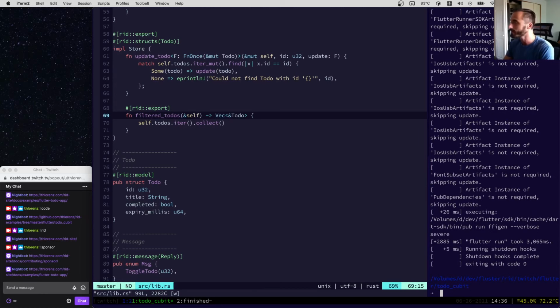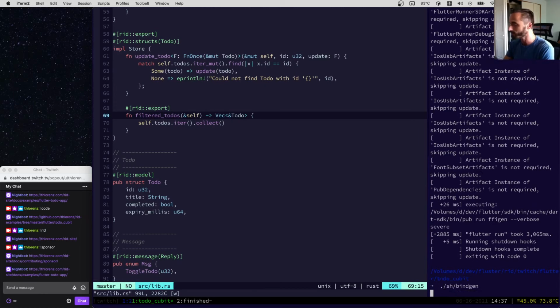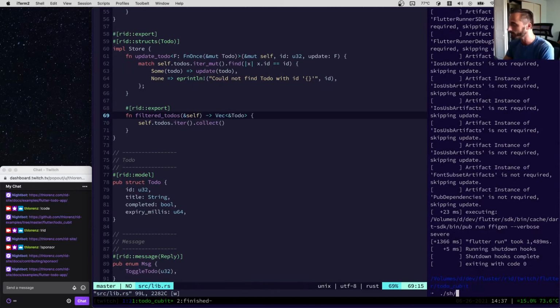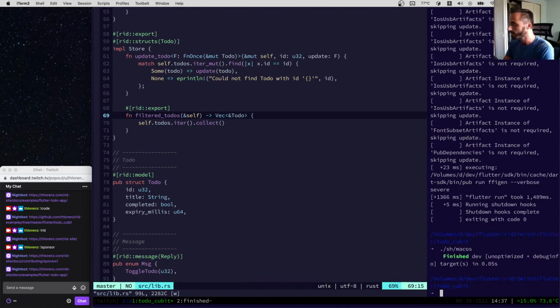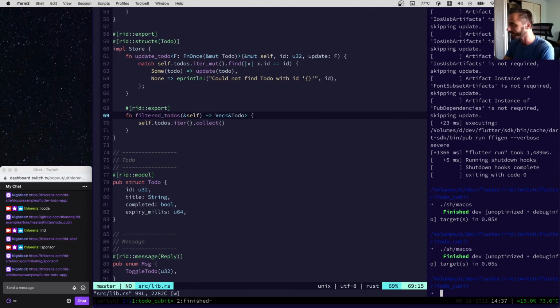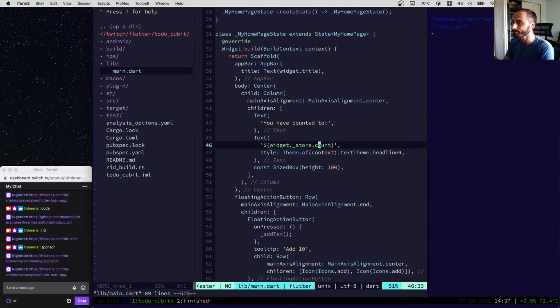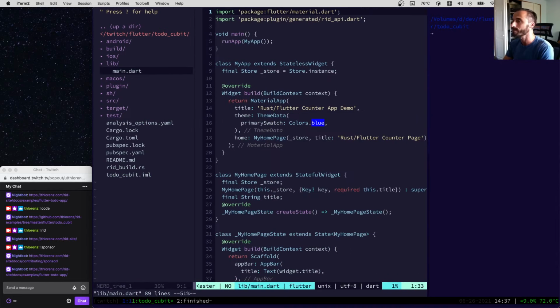And now it's done. It won't build every time. The second time will be much faster. We'll see. So it's like that fast. Obviously, we also need to build this. We're going to run this with macOS, so let's just make sure we did that. Right, do it twice just to be sure. So now if you run this, nothing will work anymore, because our main Dart still has all this other stuff in it which we don't use, like the counter app. So we're actually going to